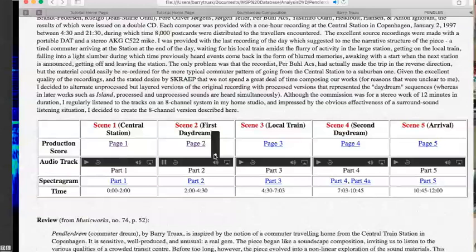I'm just going to fade that out here. In the next section, of course, we have to get out of the dream and back to reality. So when the local train arrives, that's the next section. And then once you're on the local train, you quickly fall into a second daydream where little bits of the PA announcements and the whistles kind of loop back around your mind, a so-called waterfall effect or flashbacks,